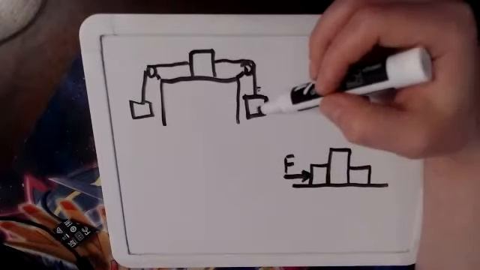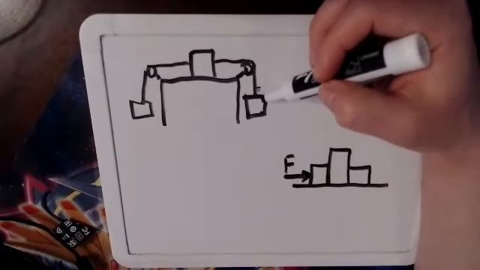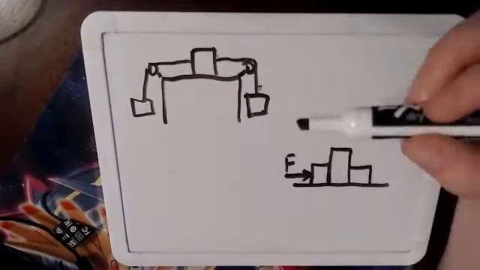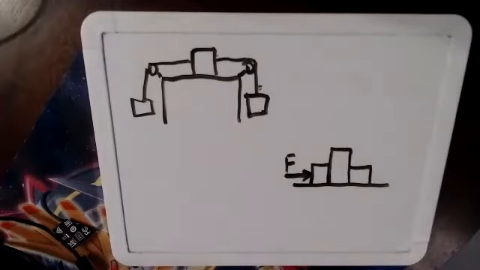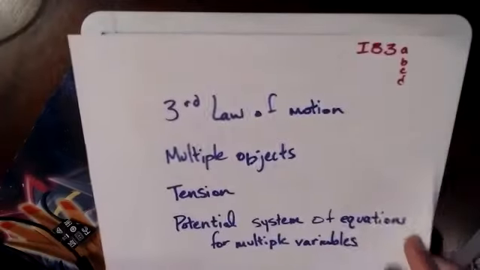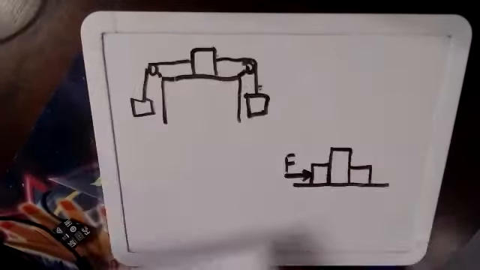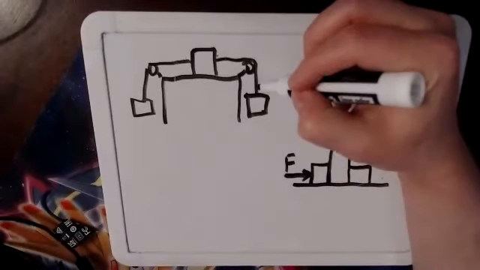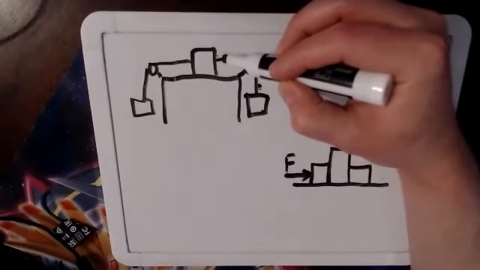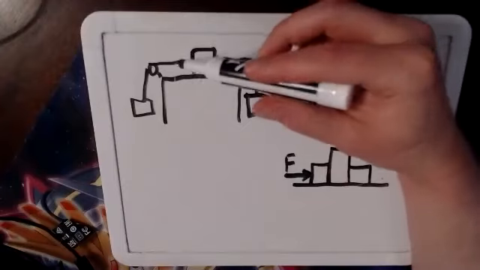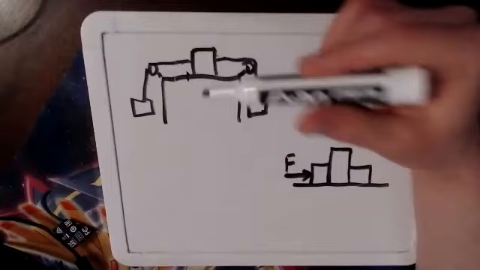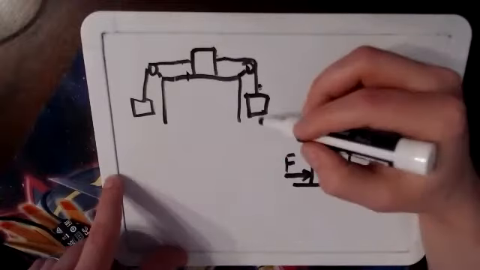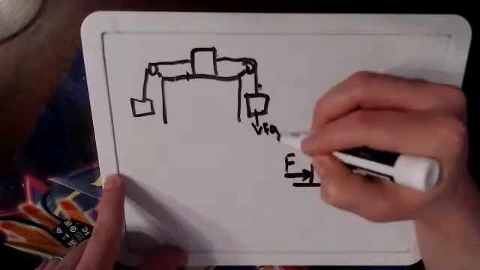Another way you could do this is you could draw a free body diagram for each of these objects and then do a system of equations. That's what it means here, potential system of equations for multiple variables. You would be able to say that this tension equals this tension, and you'd be able to eliminate a variable. And you'd be able to say that this tension is equal to that tension, and you'd be able to eliminate a variable. The way we would do this in my class is we do Fg1,